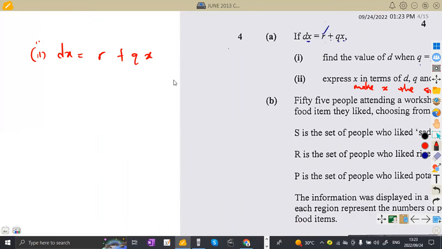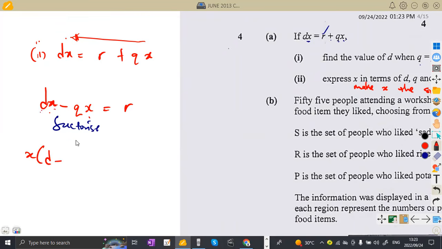From this part, we can actually see there is x here, there is x. So in order for us to make x the subject, we have to collect these terms of x to one side of the equation. So I can transpose the positive qx to the left-hand side, where it is going to be negative. So I'm going to have dx minus qx is equal to r. I've got x here, I've got x here. So what am I supposed to do to remain with one x there? I'm supposed to factorize. So I have to factor out the value of x, which is common here. So it's dx divided by x, which is d, minus qx divided by x, which is q, is equal to